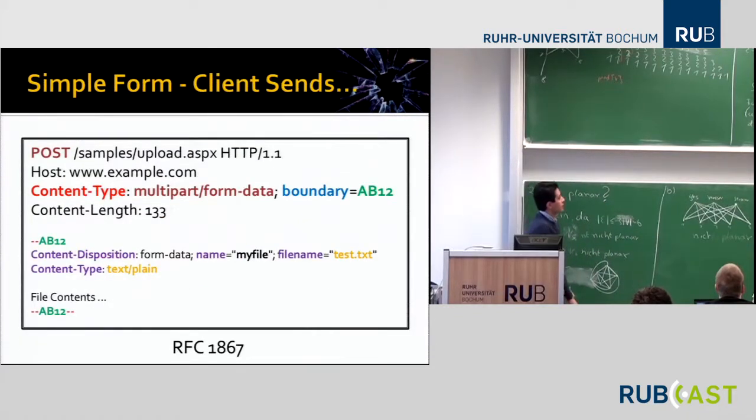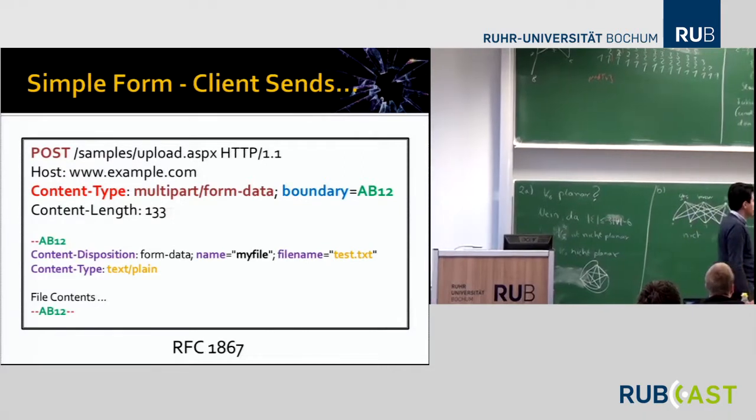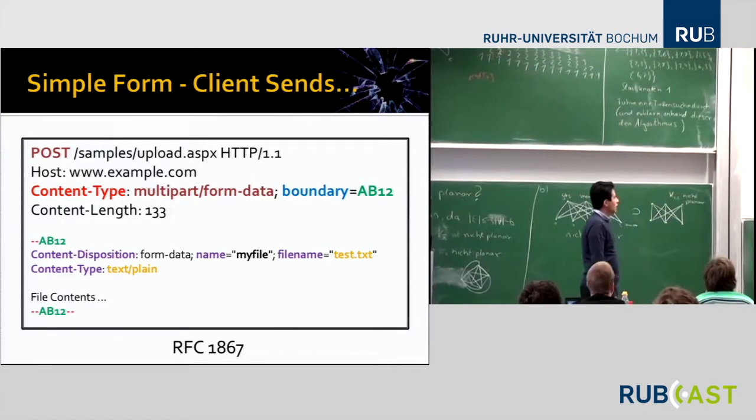Okay, this is what you send to the server when you click on that upload button. It's a POST request, obviously. The content is there, for example, file contents. The file name is test.txt, which I chose myself. The name of that input tag was myFile. The content type is multipart/form-data. In